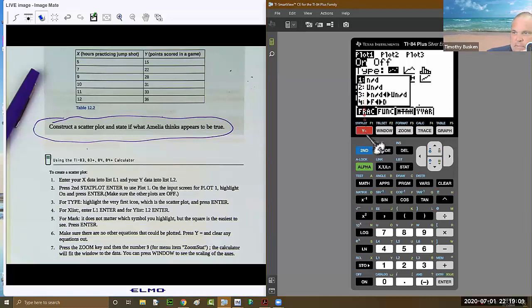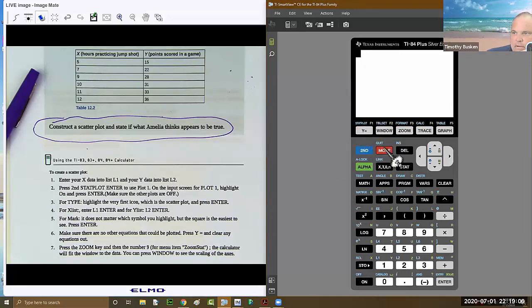And I wasn't expecting to get that at all. So I'm going to quit to the home screen to go ahead and do step 6. Now I'm going to press Y equals and just make sure that all of these entries here are cleared out. Okay, so then I'm ready to,